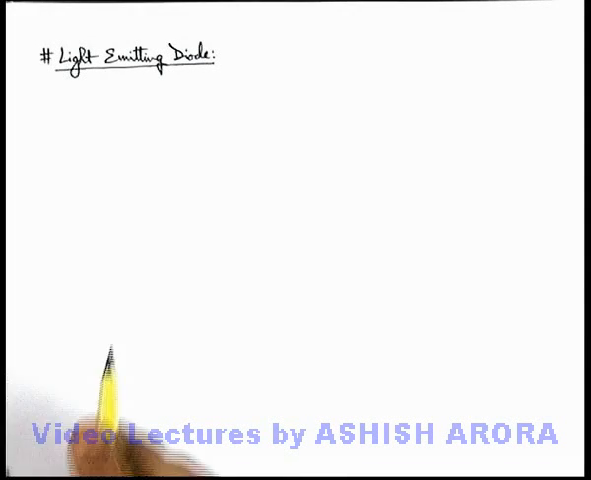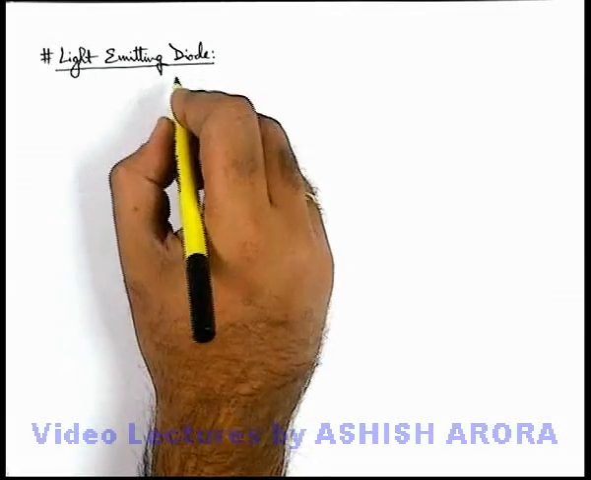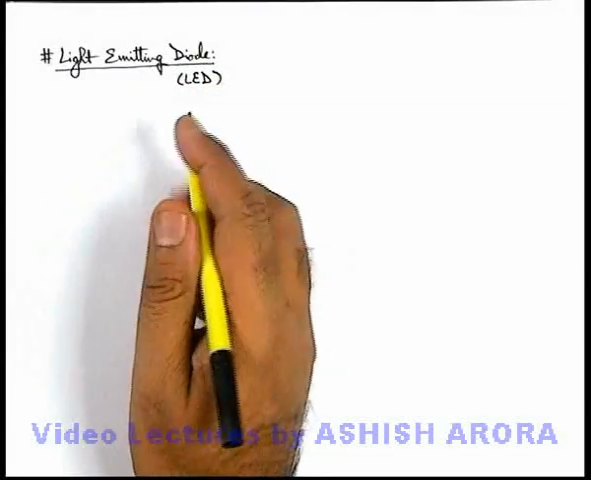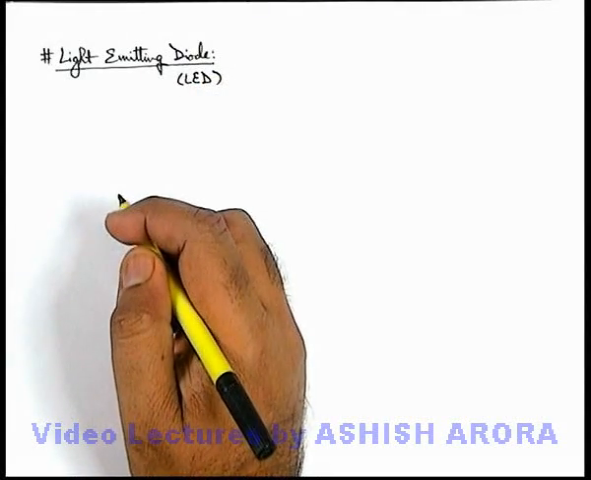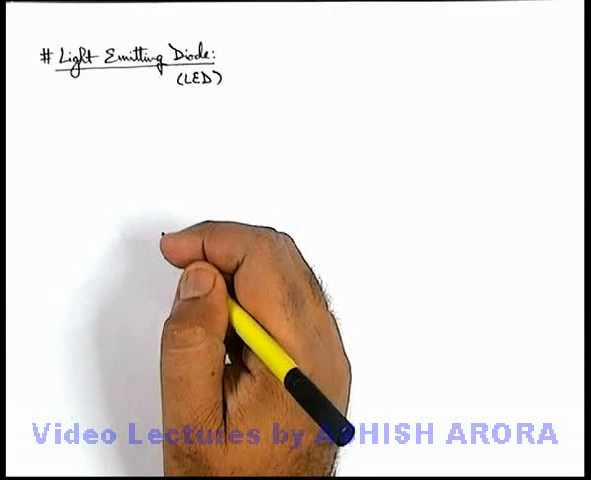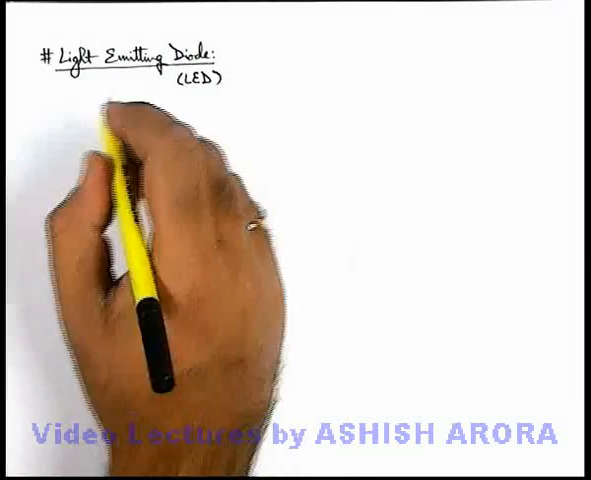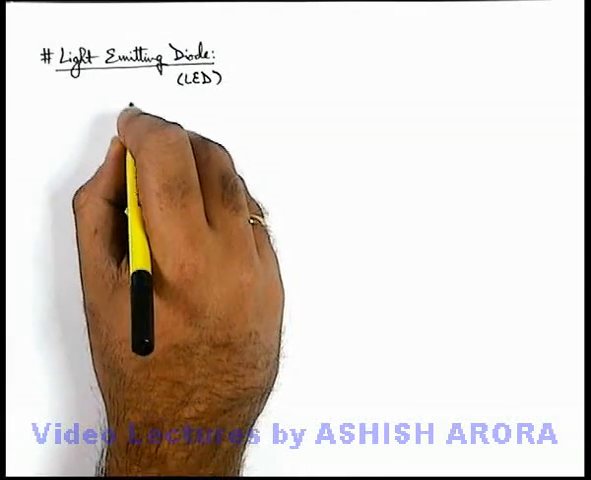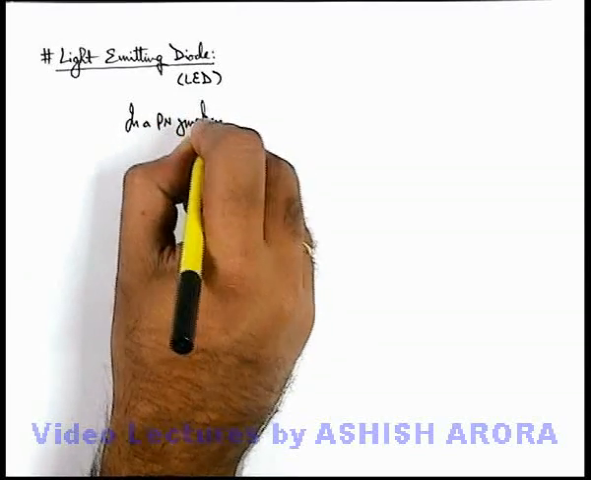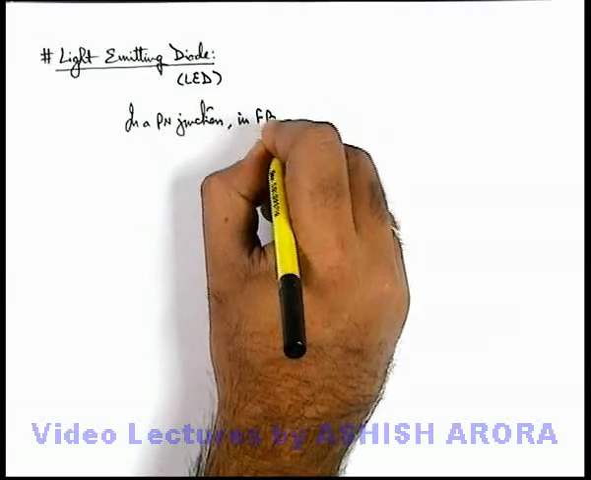Let's discuss another kind of PN junction diode, which is the light emitting diode, also abbreviated as LED. To understand its phenomena, let's first discuss a general PN junction diode and how current flows, which we already discussed. In a normal PN junction, in forward bias,